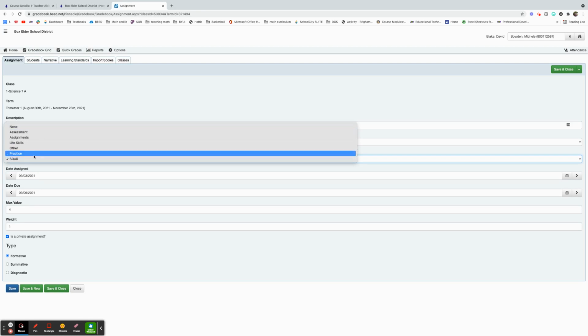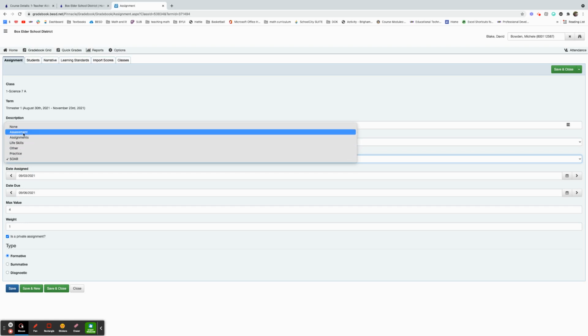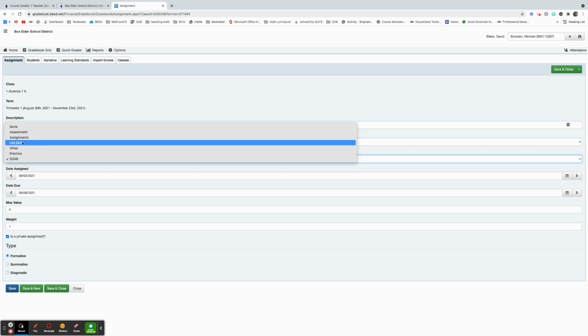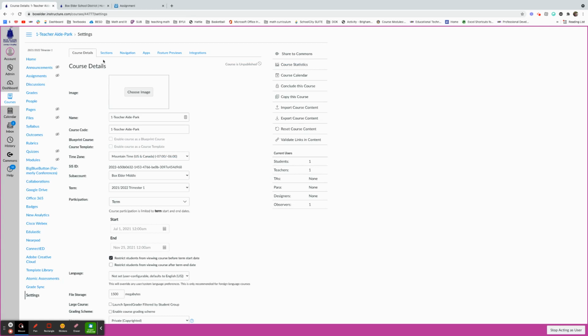the categories that you can choose for your assignment group. I've created assignments in every one, so it will automatically push if you don't change anything. But if you want it to be a quiz, if you have a quiz in here, or an assessment, then you'll need to create that. And the way you do that